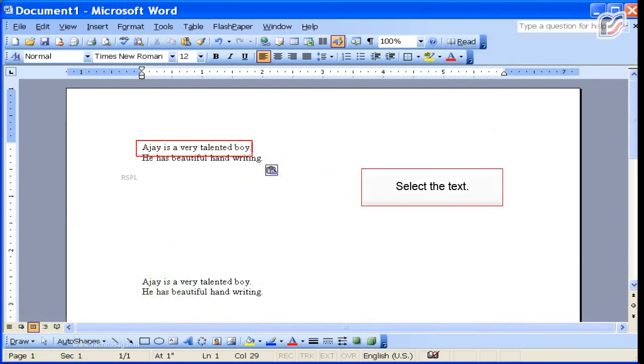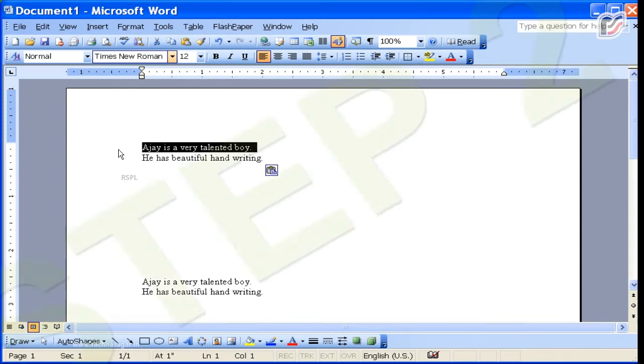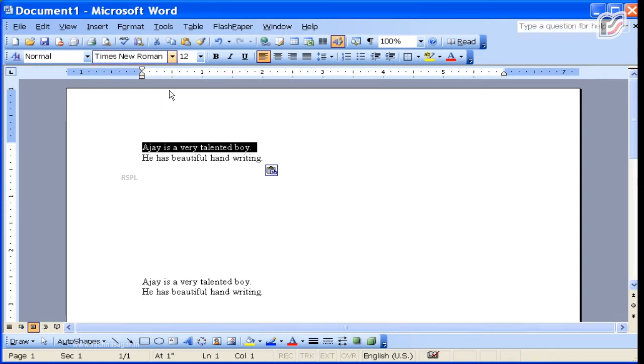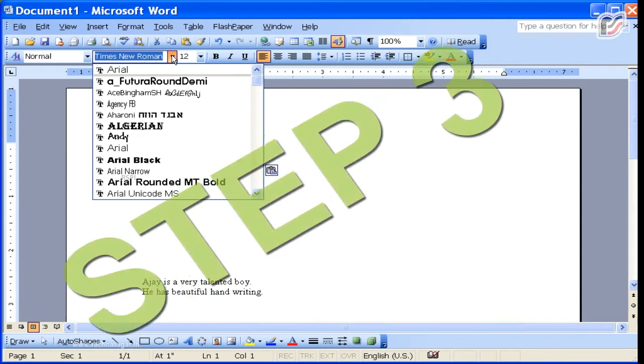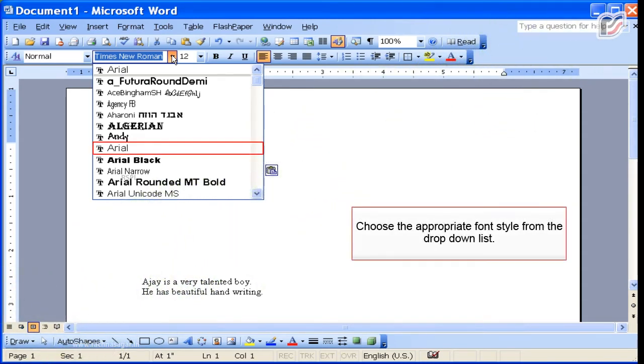Select the text. Step 2. Click Font List box on the Formatting toolbar. Step 3. Choose the appropriate font style from the drop-down list.